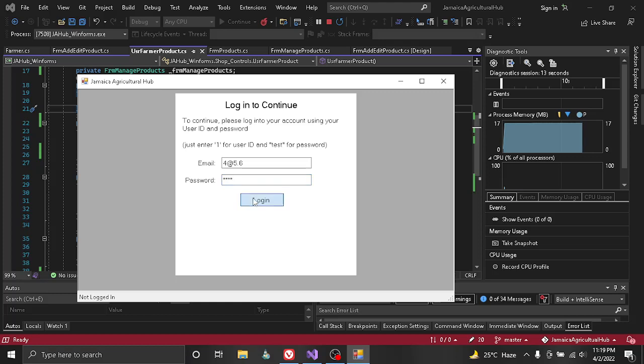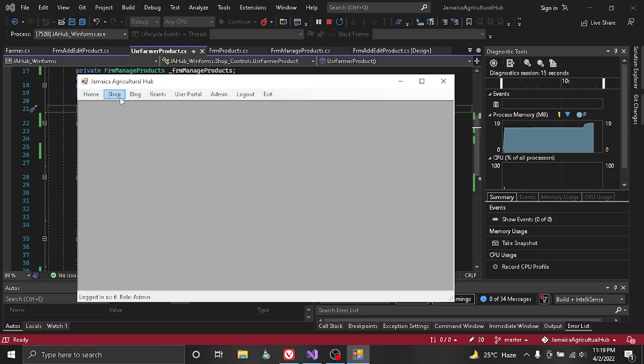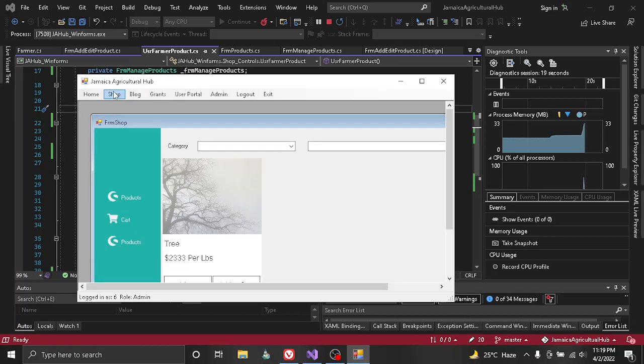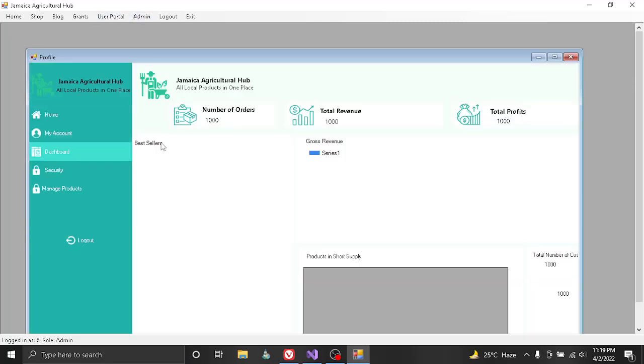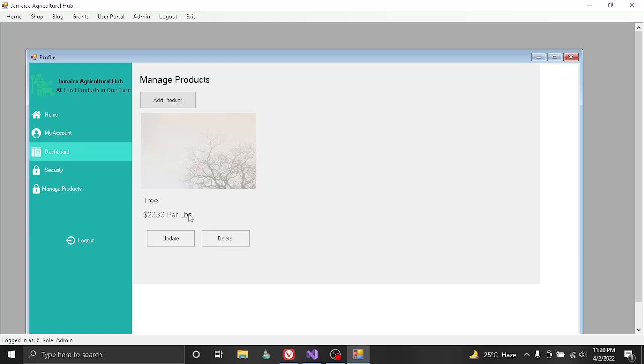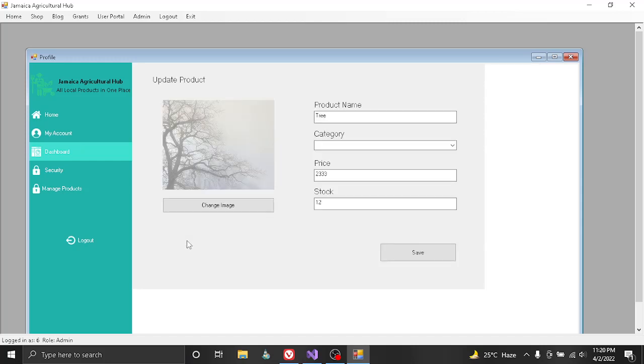I'll check if shop still works by the way. Alright, shop does still work. No problem. So we're gonna use a portal here, manage products here. Would you look at that? It did pop up under this. So I need now to, moment of truth. Would you look at that? Data is